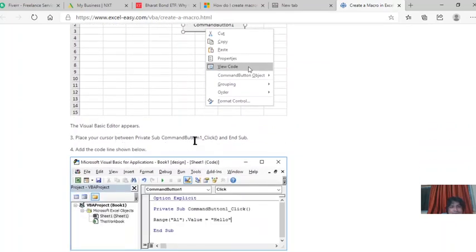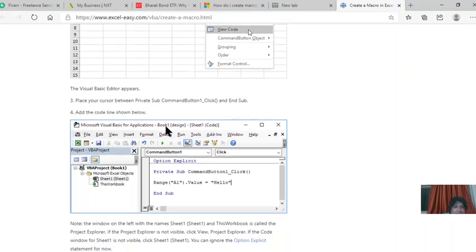Here is the private sub command button click. Place your cursor between private sub CommandButton1_Click and end sub.